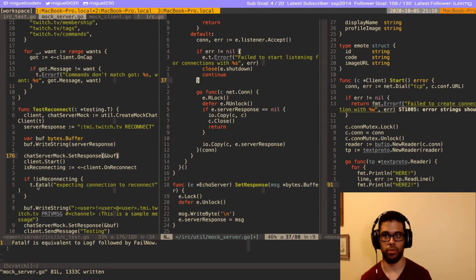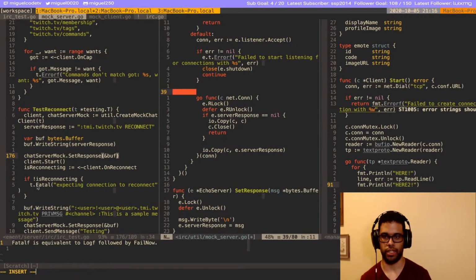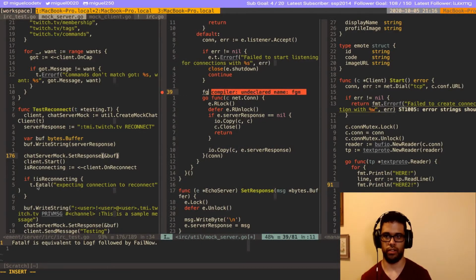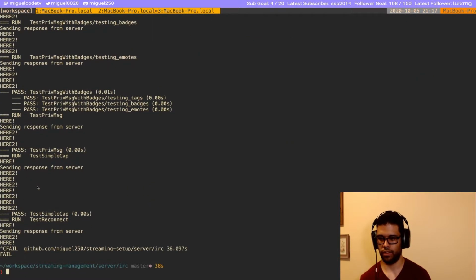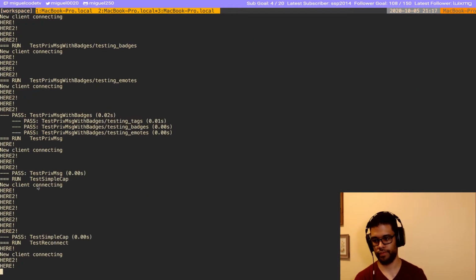So we could do here, we are going to just track new client connections. Client connecting. All right, so we should see two of these messages.